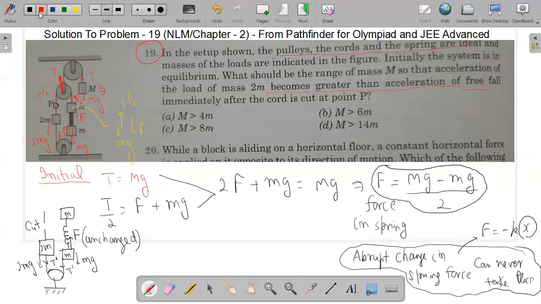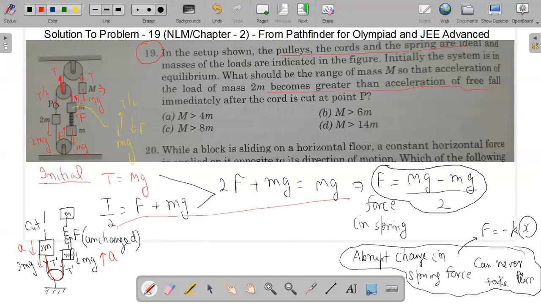By the constraint equation, if the 2m mass falls down with some acceleration a, then the right side small m mass must move upward with the same acceleration a. Since the two masses are connected by a string, and the string is tight, it has tension force. Therefore, the 2m mass and small m mass travel in opposite directions with the same magnitude of acceleration. Now applying Newton's law